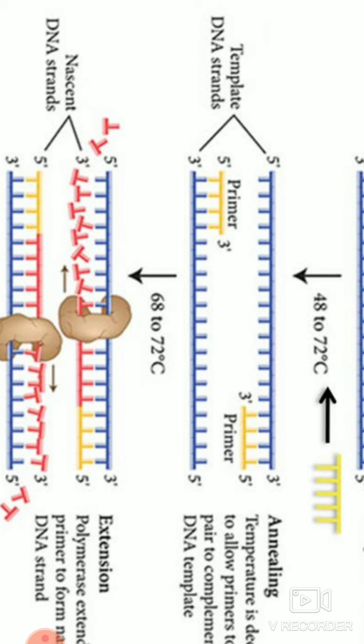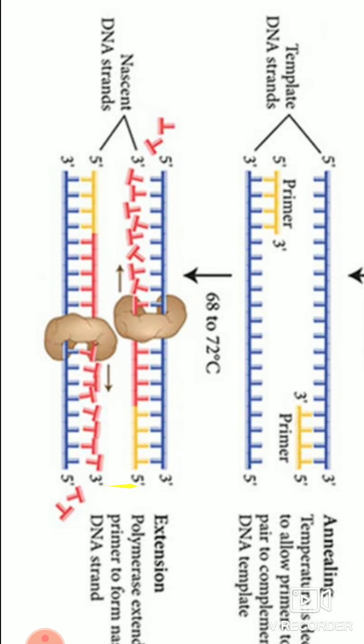Why do you give that lowering? It is based on the primer composition. You know how many A's and how many G's are there, and based on that you can calculate the annealing temperature of these primers and bring down the temperature from the denaturation temperature to that specific annealing temperature. When you bring it down, it should be 3 to 5 degrees below the Tm of the primers. Then optimal binding of primers happens, and then you can go to the next step, which is called extension.